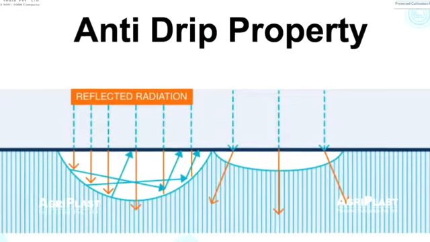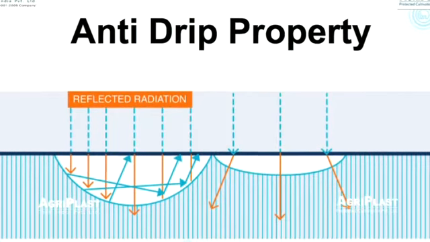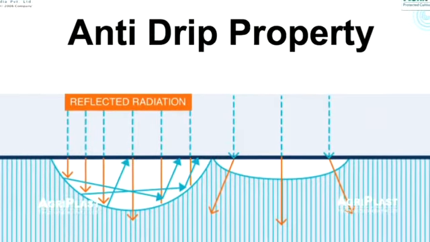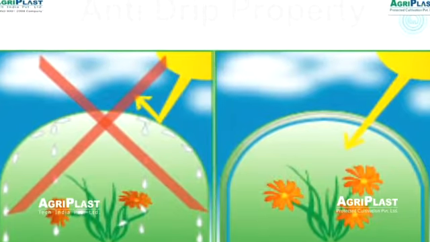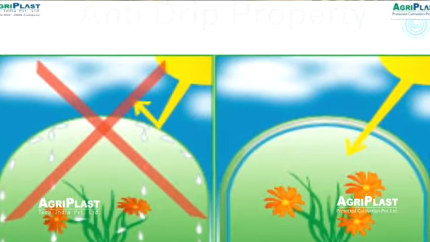Otherwise, if you have the droplets like this in winter, in places like Haryana and North India where the cold is very severe, till about 12 to 1 o'clock you will not have any light entering. Almost 50% of the transmission will be blocked because of this droplet. So anti-drip property is a very, very important property. You see what happens? Light coming, getting out. And it can also cause the lens effect and cause the burning. And plus the water droplet falling on the leaves, it can cause the fungal diseases.